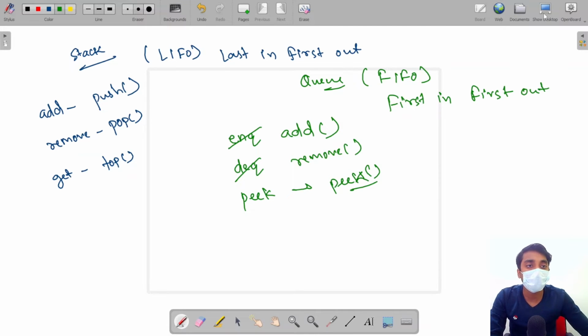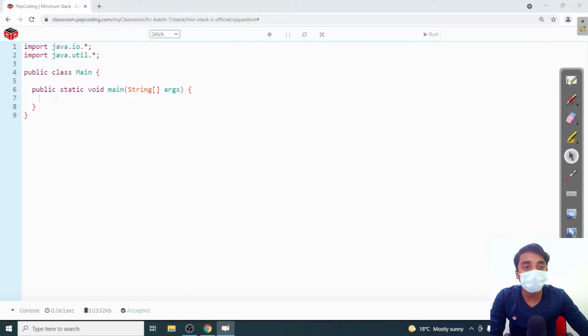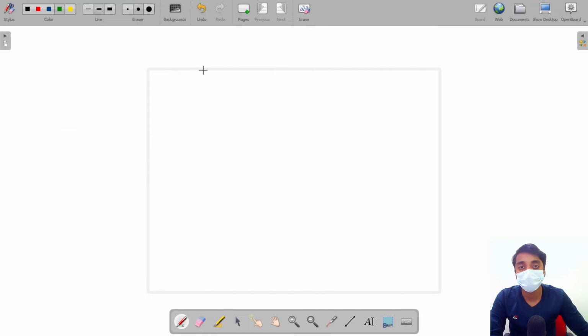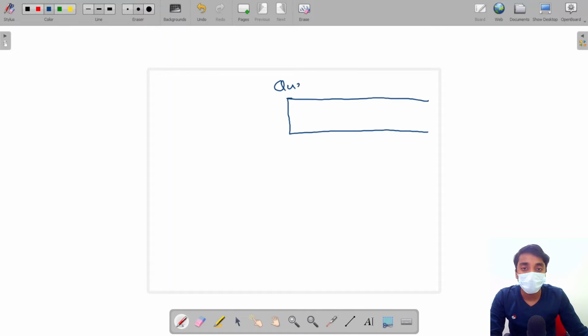So let us see the behavior of a queue. Let us take a queue. So this is our queue. Now if we want to add any element, it will be added from the last of the queue.